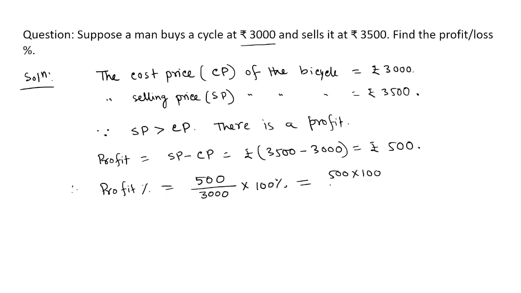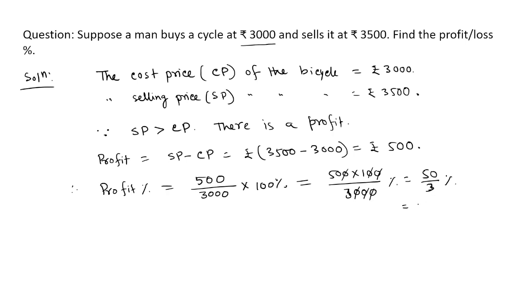So, for the calculation, there are 3 zeros cancel out and it becomes 50 by 3%, which is